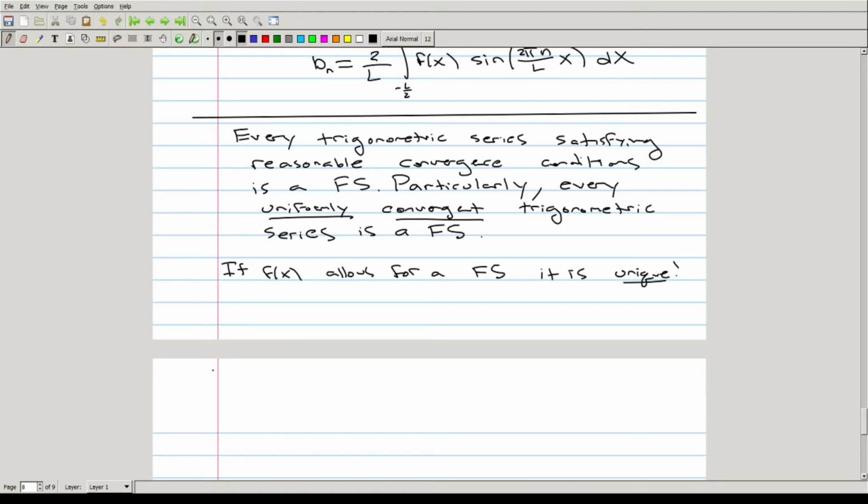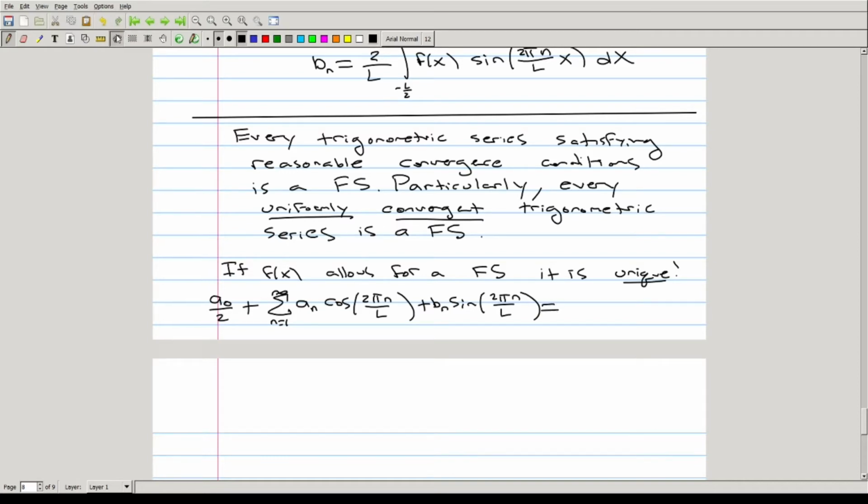And this can be made by noting that the functions involved in the Fourier series are all linearly independent from one another. So if you take two separate series, a0 over 2 plus the summation from n equals 1 to infinity of an cosine of 2 pi n over L plus bn sine of 2 pi n over L